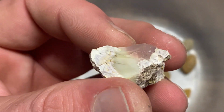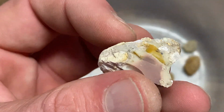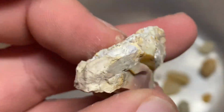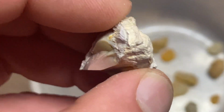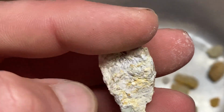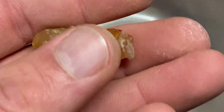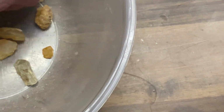A little piece of that jasper from Ochoco. It's got a nice yellow chunk in there too. I think that'll probably break off. I think a lot of that will break off when I'm tumbling it. This is pretty chalky, you can see on my fingers. Let's just do two at a time. For the rest of these little guys,